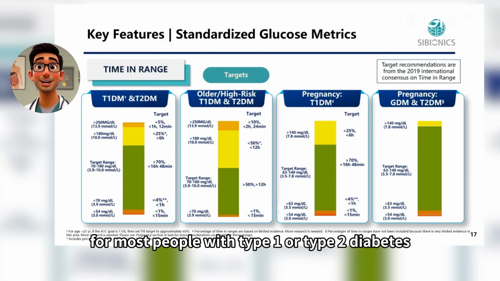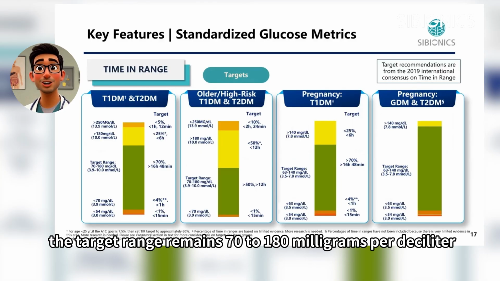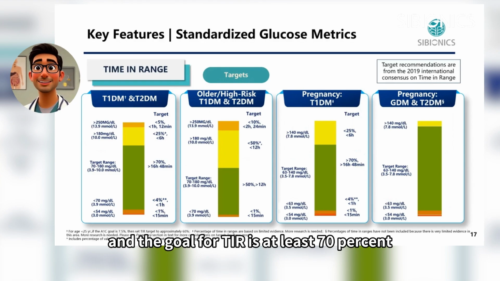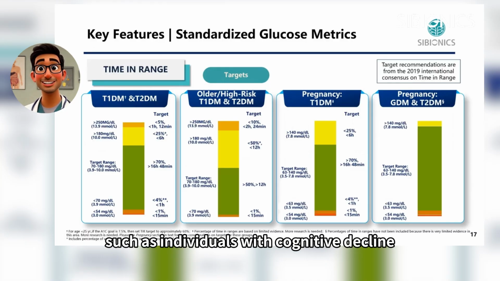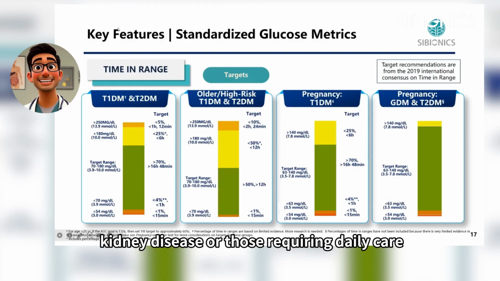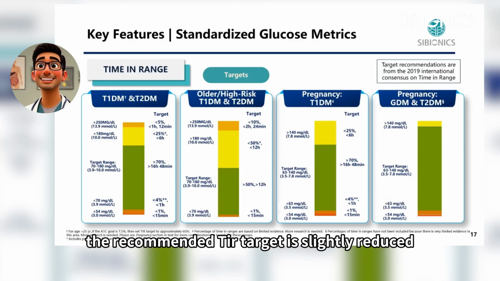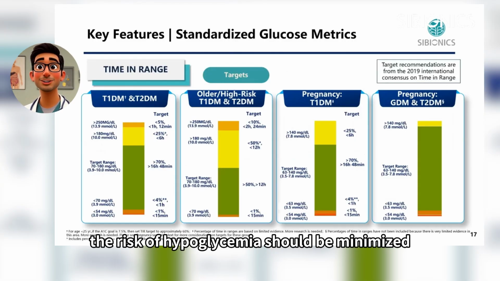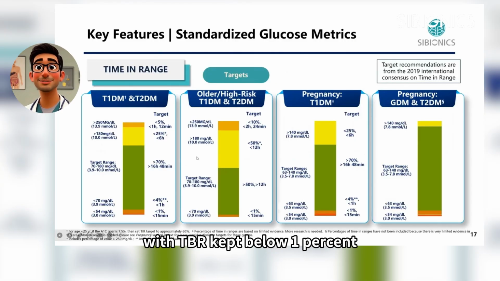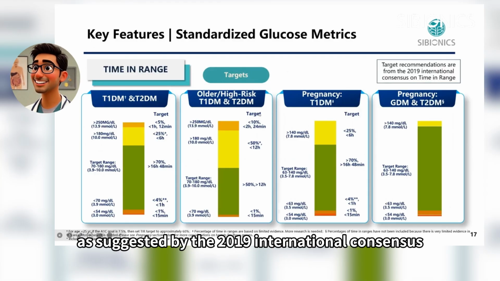For most people with type 1 or type 2 diabetes, the target range remains 70 to 180 milligrams per deciliter, and the goal for TIR is at least 70%. However, for elderly patients or those at high risk, such as individuals with cognitive decline, kidney disease, or those requiring daily care, the recommended TIR target is slightly reduced to above 50%. At the same time, the risk of hypoglycemia should be minimized, with TBR kept below 1% as suggested by the